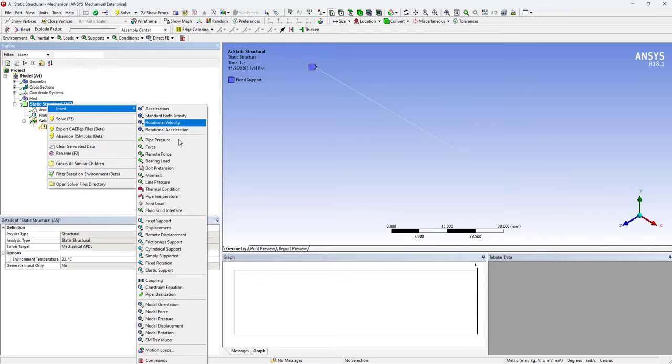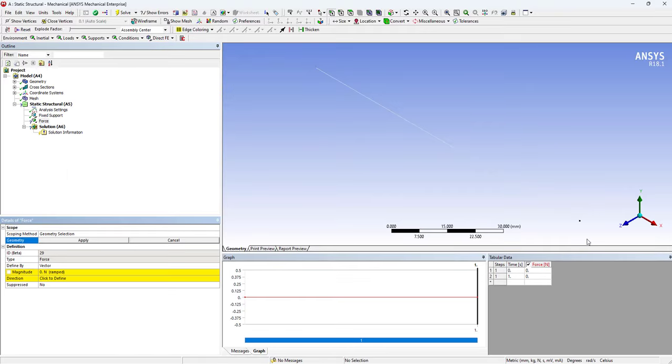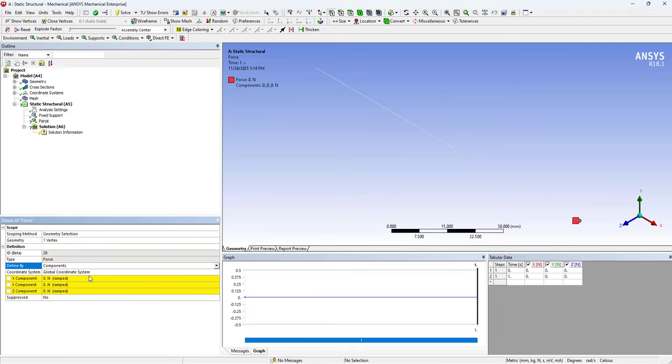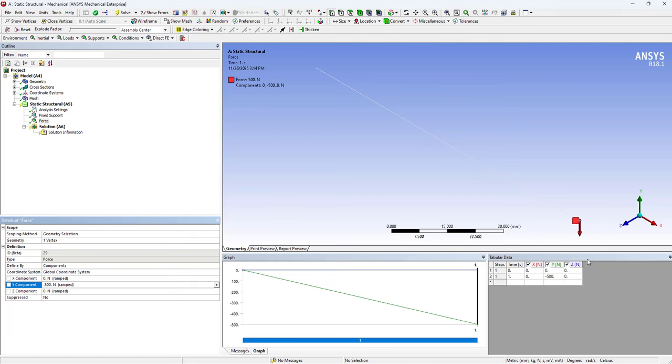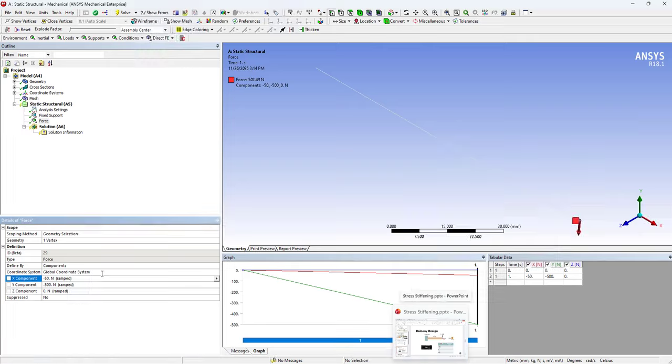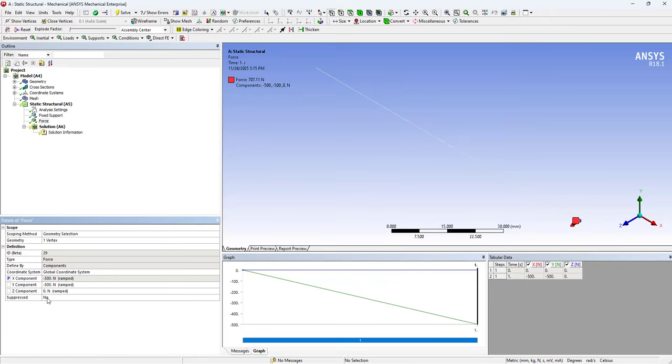And then there is a force acting on the second vertex of the beam. Its vertical component is always minus 500 Newton, and its horizontal component is changing from minus 500 to plus 500. So let's set this to minus 500 and make this a parameter so that we can evaluate the results multiple times